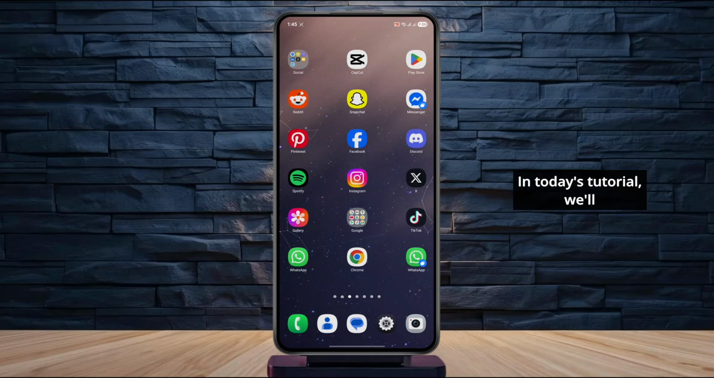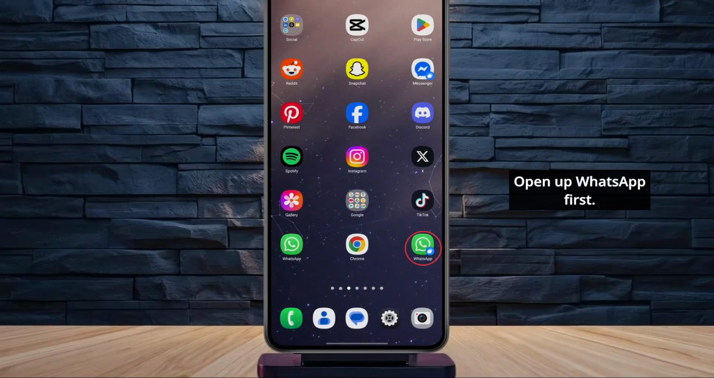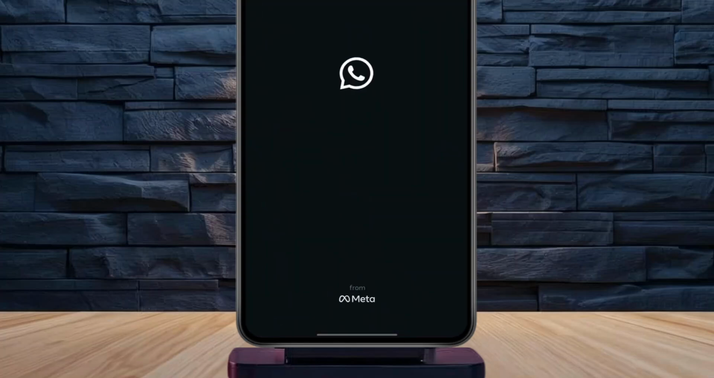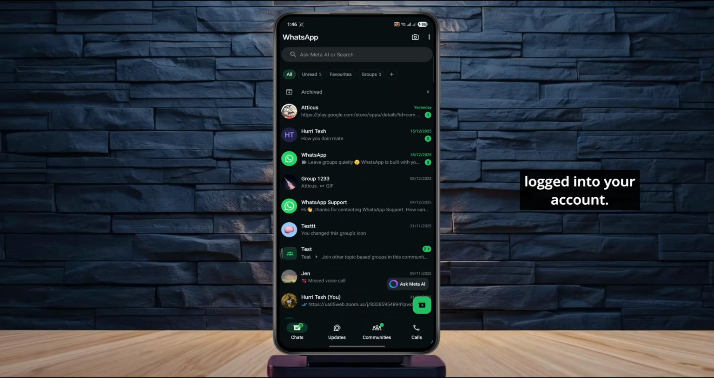In today's tutorial, we'll be seeing how you can easily disable the option to save WhatsApp statuses or videos when they are viewed. Open up WhatsApp first. Make sure that you're logged into your account, and then from there, what you want to do next is just tap on the three dots at the top right,